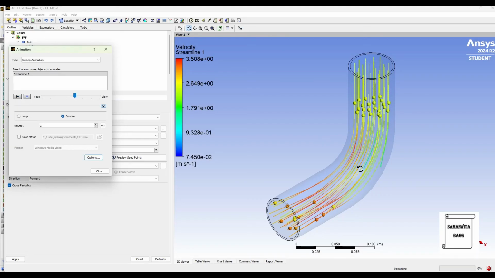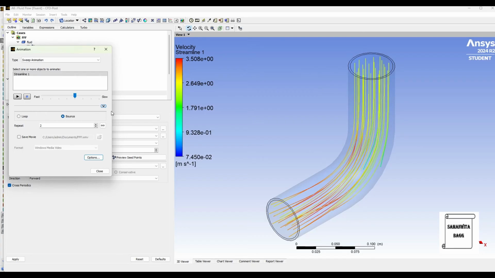When the fluid is passing through the bend, you can see that there is a change in velocity. The velocity here is going to reduce because it is a bend. It's like a turn on the road. Say if you are traveling by a car, you come with a particular speed, you slow down, you hold a constant speed, you take a turn, and then you can again accelerate. So here the velocity is again increasing because it has to again increase the speed and go ahead. But here the velocity has suddenly reduced because it was taking a turn.